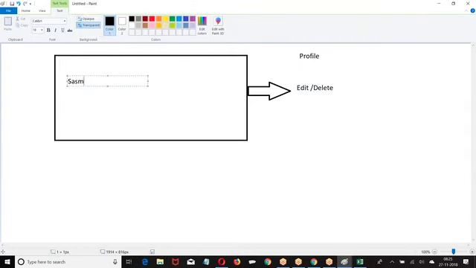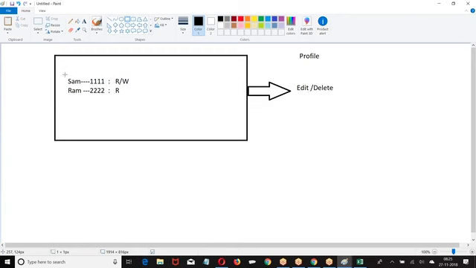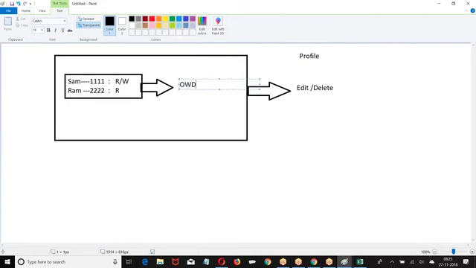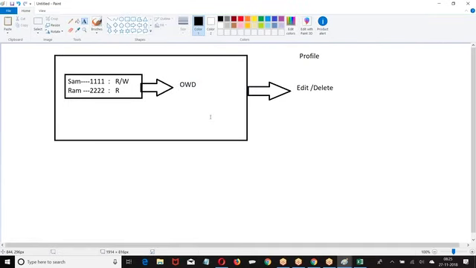Whatever is said on the records in this table, on the records in this table you are going to say OWD. Records which are visible to you, on those records.